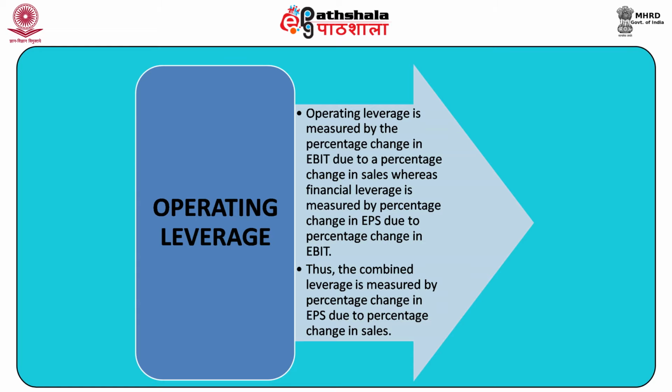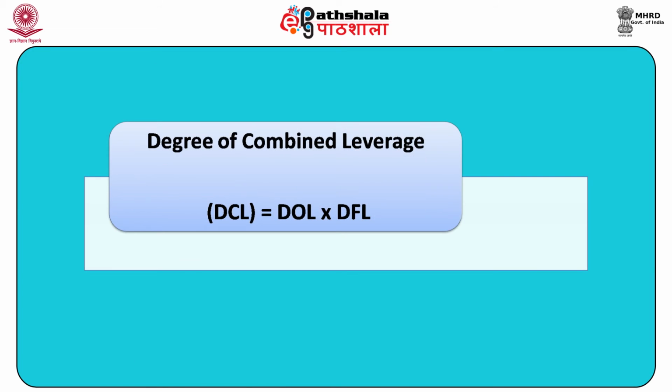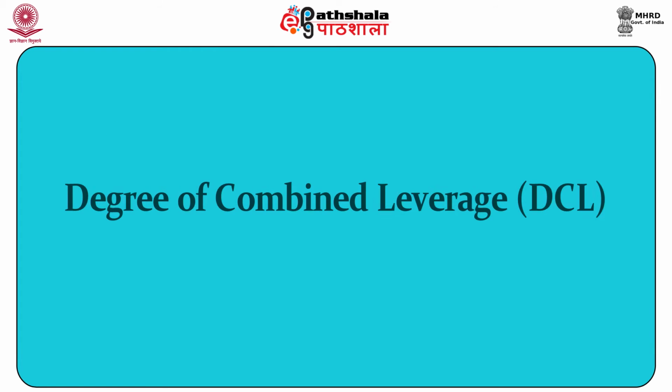Operating leverage is measured by the percentage change in EBIT due to a percentage change in sales, whereas financial leverage is measured by the percentage change in EPS due to the percentage change in EBIT. Thus, the combined leverage is measured by the percentage change in EPS due to the percentage change in sales. Degree of combined leverage, that is DCL, is equal to DOL multiplied by DFL, which equals percentage change in EPS